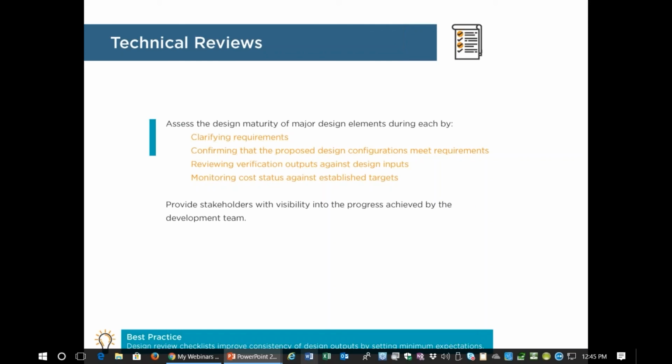The best practice bullet here is one that we do at Sunrise, actually for a lot of things, not just design reviews, but in general, having checklists can be very helpful to set minimum expectations on what's done at, say, a design review. And it's useful not just at the design review, but also as a design aid, because the designer can look at the checklist and say to themselves, what am I going to be asked about at this design review? And can specifically design to make sure that they catch all of the obvious bugs and they look at the pin assignments, things like that ahead of time,